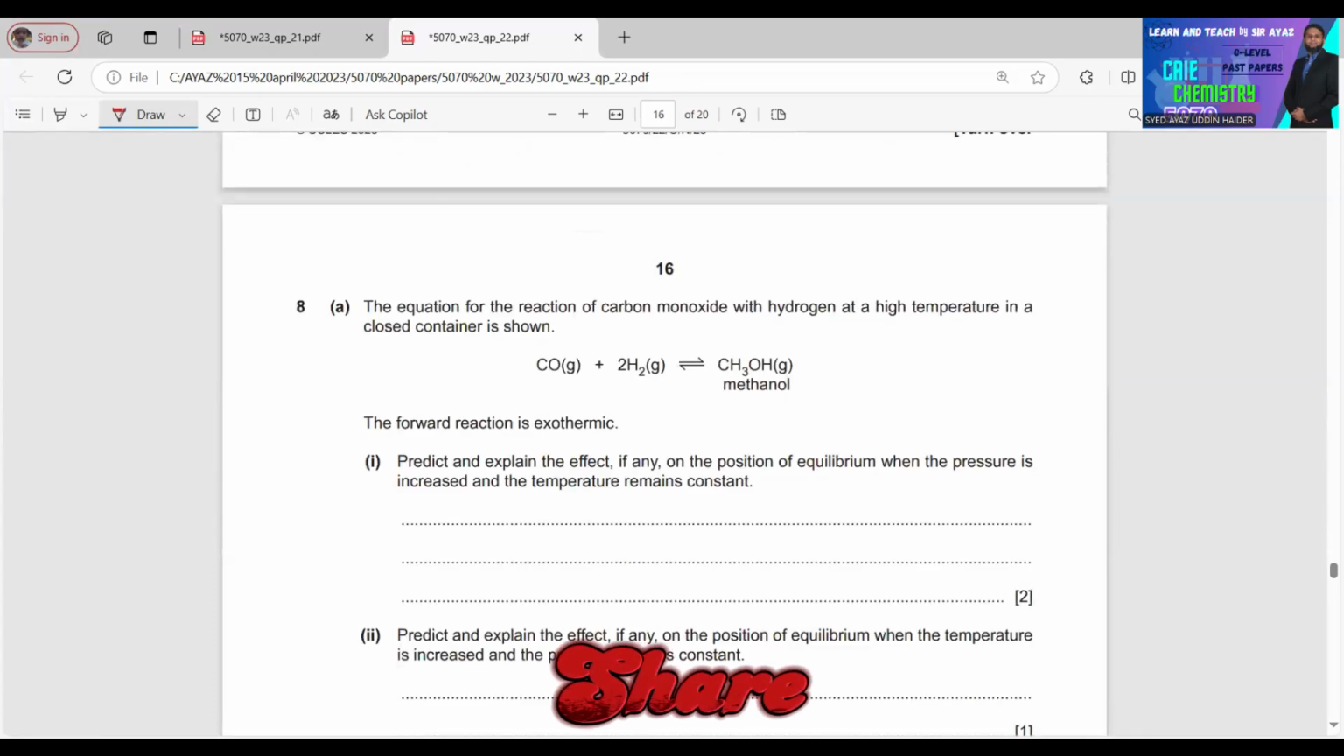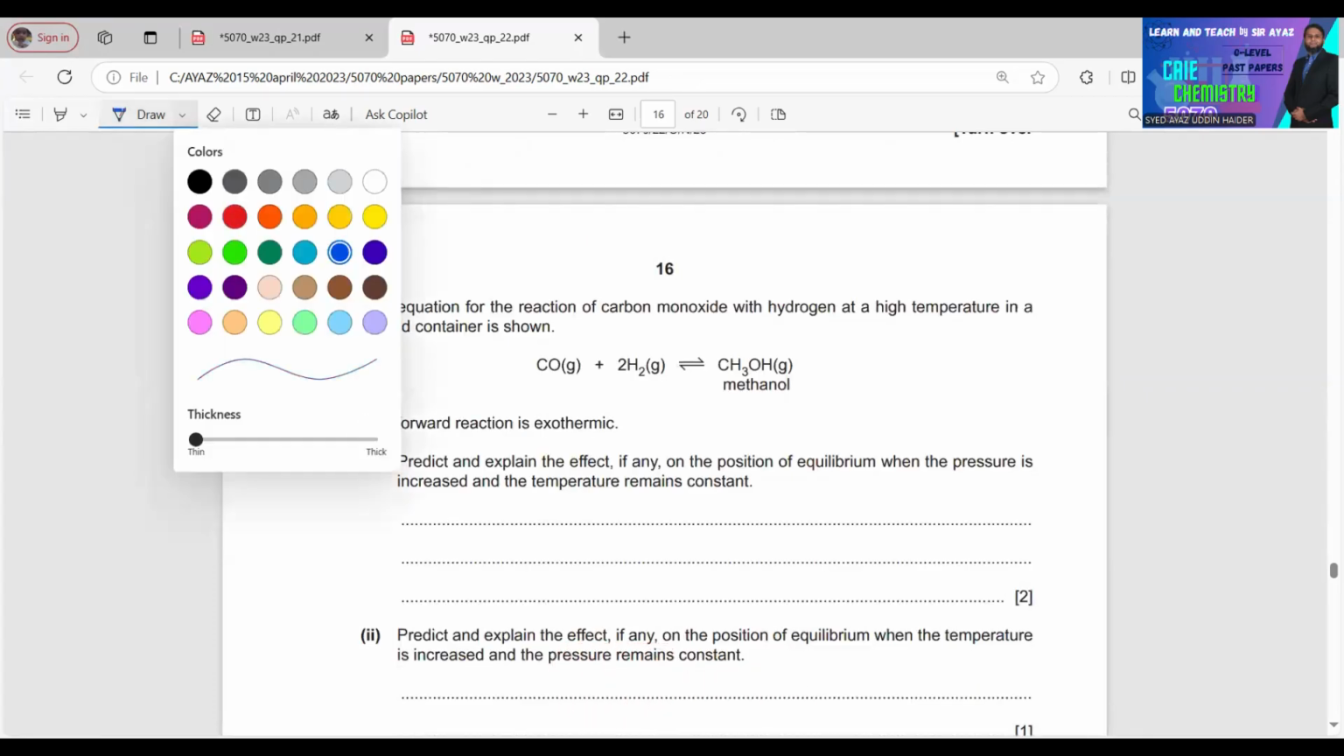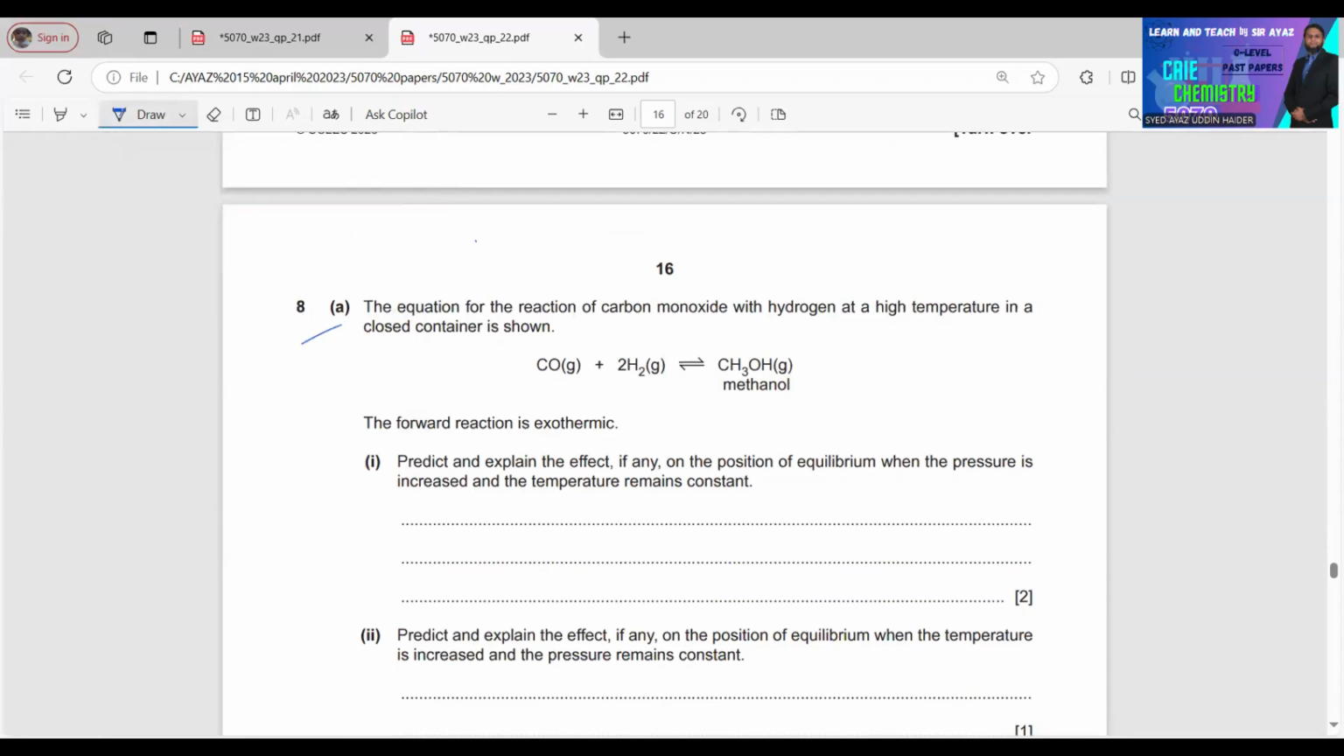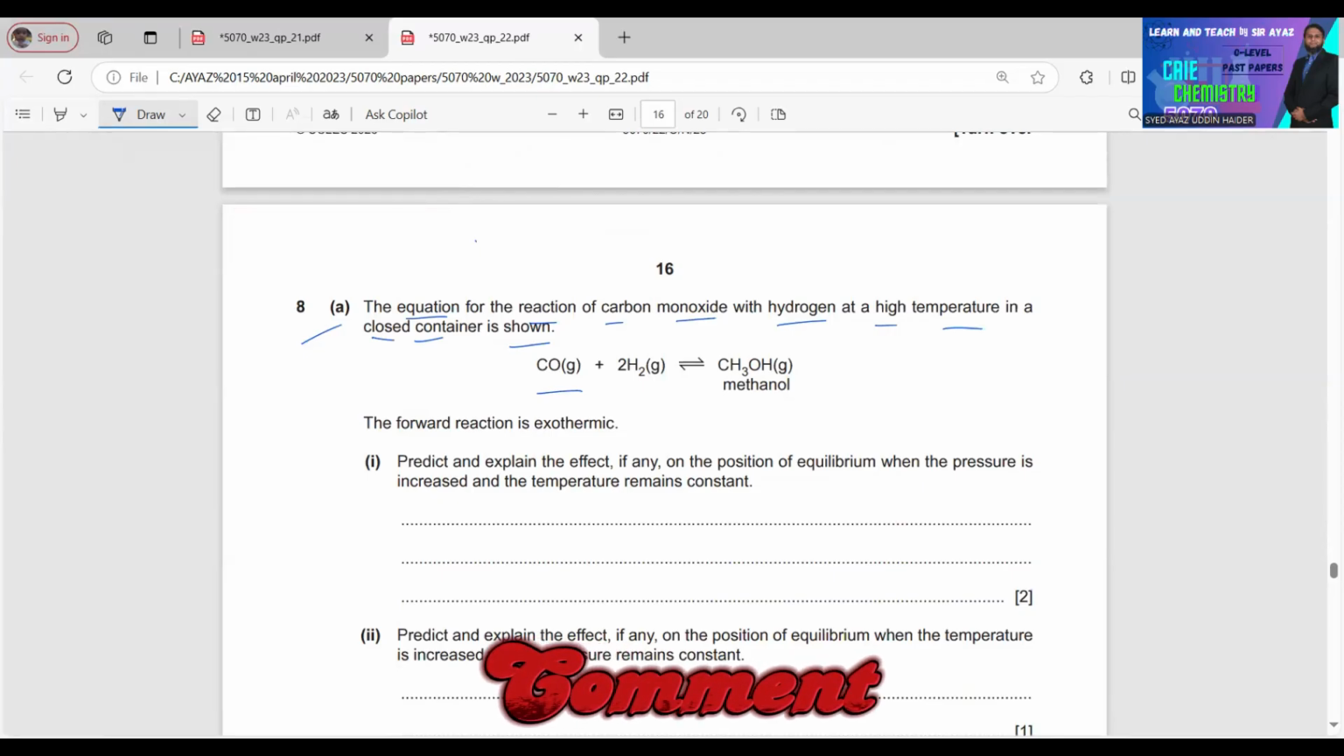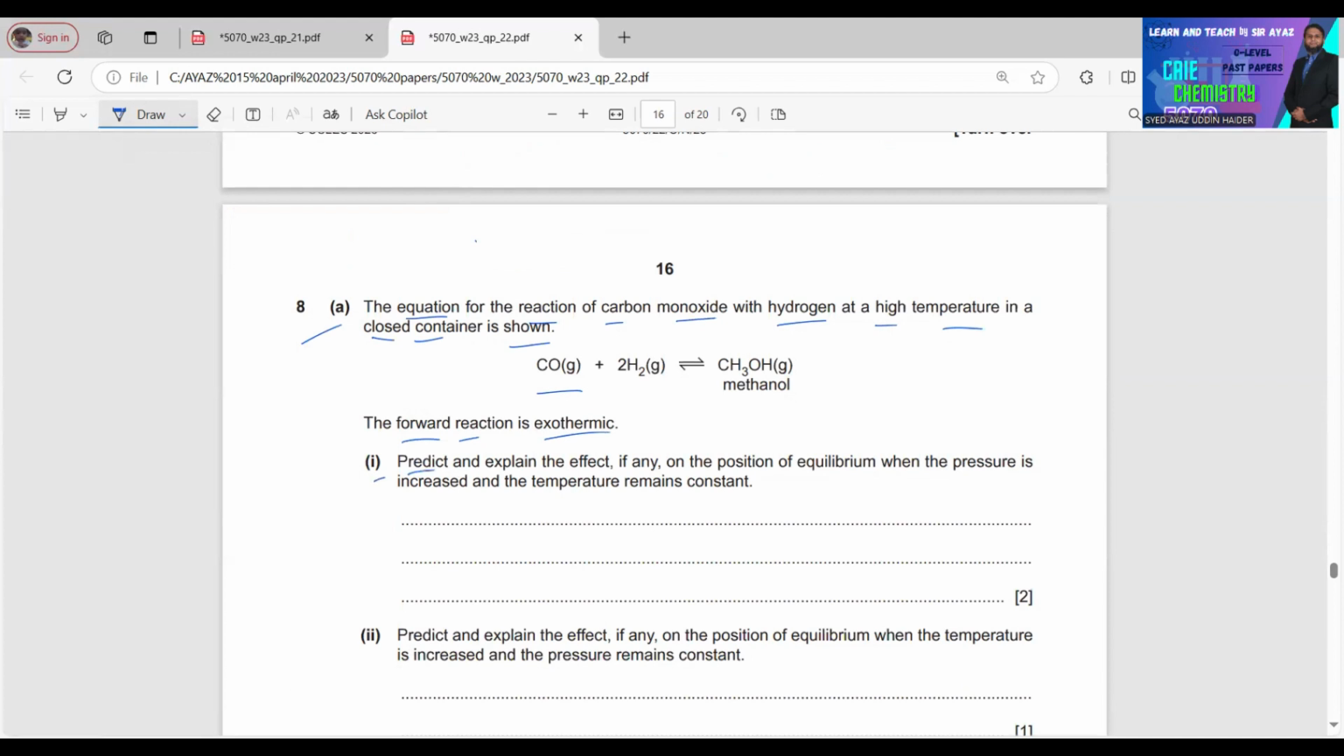Question number 8. A. The equation for the reaction of carbon monoxide with hydrogen at a high temperature in a closed container is shown. CO(g) plus 2H2(g), reversible sign, CH3OH(g). The forward reaction is exothermic. 1. Predict and explain the effect, if any, on the position of equilibrium when the pressure is increased and the